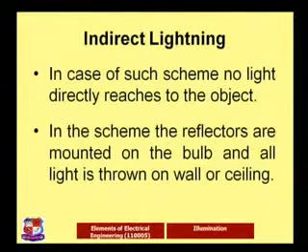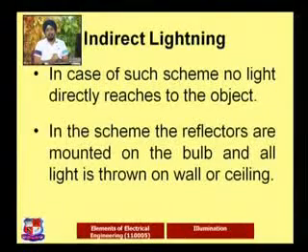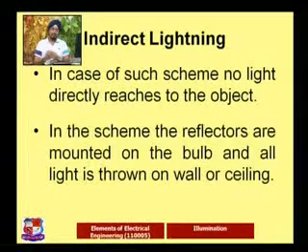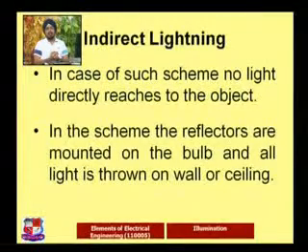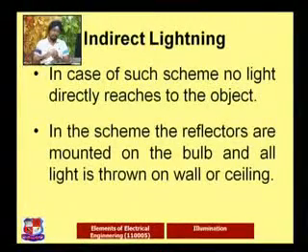Indirect lighting is the opposite of direct lighting: whatever happens in direct lighting, the opposite goes to the indirect one. In case of direct lighting, 90% of the light comes downward. In this case, 90% will go to the upward side, the opposite direction compared to the direct one. 10% will go to the downward side.